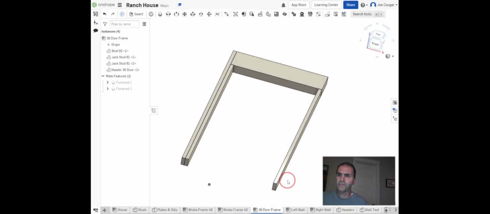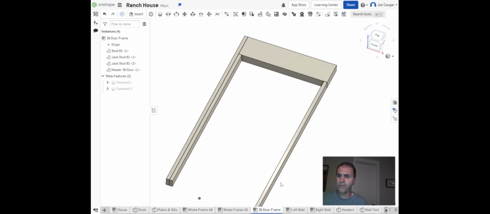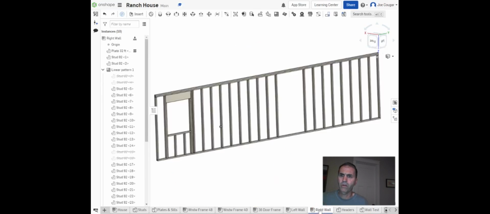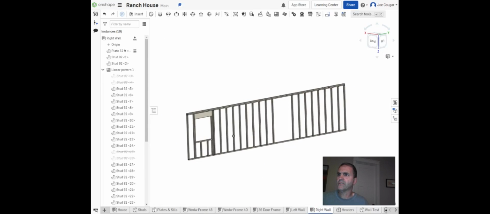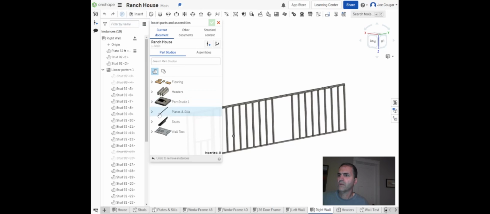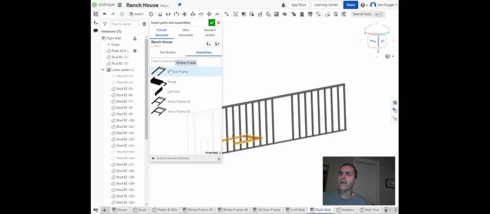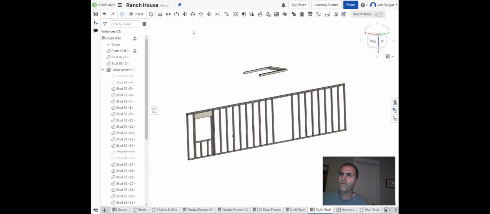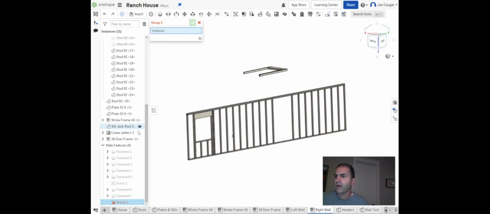Good. We've got this ready to go, and we're ready to put that one in. So let's go back to our right wall. We're going to insert an assembly, the 36 door frame, click, bring it in, click. Let's do what we've done before where we say okay, but before we move forward, just to make sure, we're going to group together this assembly, the 36 door frame we just brought in, click,